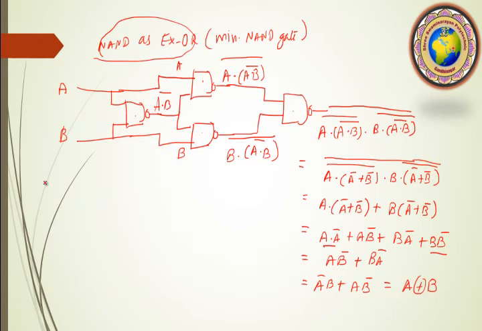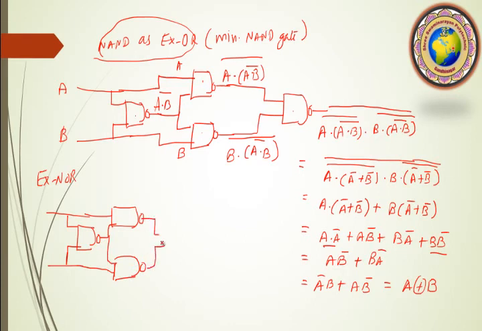Now for minimum NAND as an XNOR, to design XNOR we just insert one more gate. So here we just develop one here, then one here, in the same way, you just insert it and convert the output of XOR, and we get here A plus circle B bar. So XNOR using 5 NAND gates. So this way we can explain the NAND gate as a universal gate.